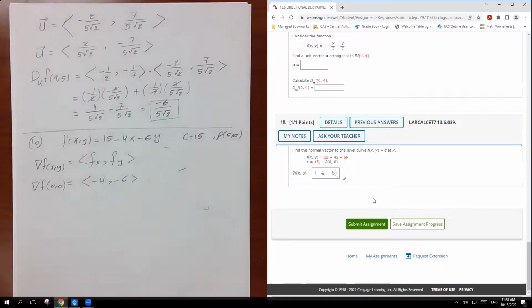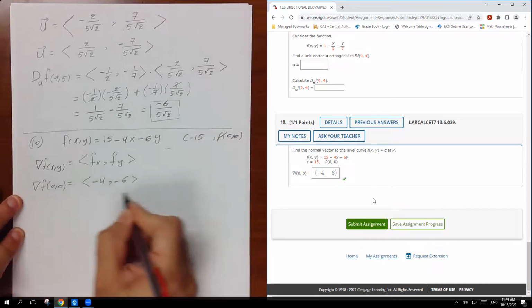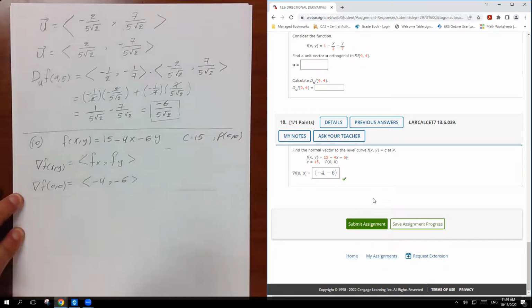But that's it. That's the only thing they ask, to find the gradient at the point 0, 0. So if you solve this one with the curve and plug in the point 0, 0, you're going to get both sides equal 0. Let's check that. This is the solution. You don't have to do more, but if we need to check